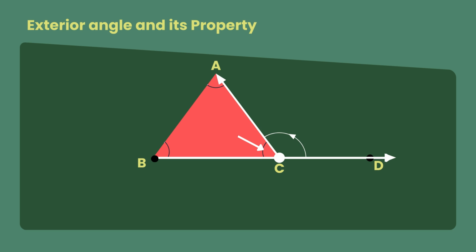First, let's look at this angle. We know that it lies in the interior of the triangle, and it is adjacent to this exterior angle. So with respect to this exterior angle, it is the interior adjacent angle. What about the other two angles, angle A and angle B? A and B both are in the interior region of the triangle and are not adjacent to the exterior angle ACD. They are called interior opposite angles.